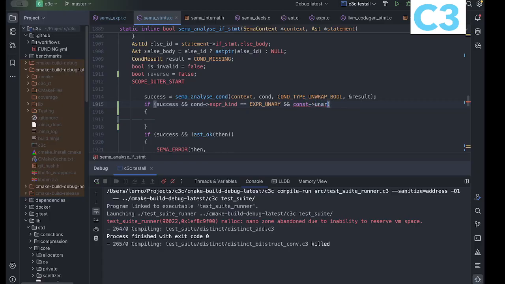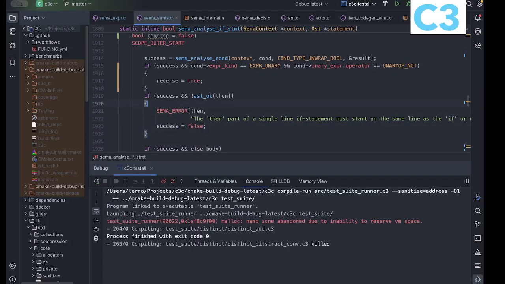It's now a bit slow. Cond unary and operator is unary not. Then reverse equals true. Okay. Actually, could just make that into the